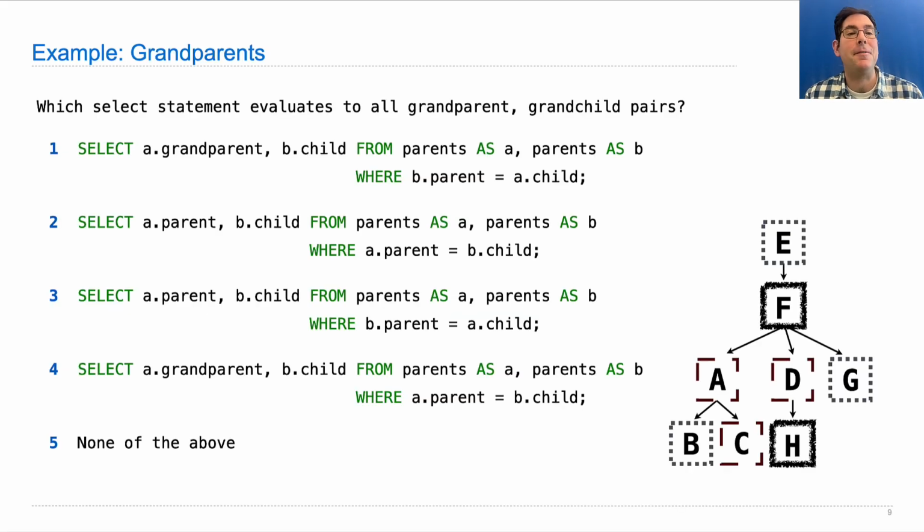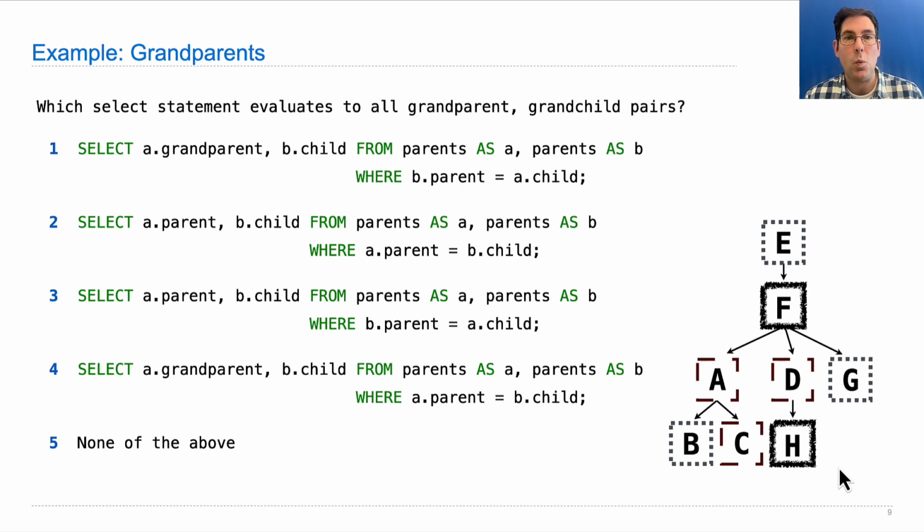Okay, why don't you try one? Which select statement evaluates to all grandparent-grandchild pairs? So for example, you should get Ellie Ginger and Finn Hank. So why don't you pause the video and read through the options, and then I'll tell you the answer in